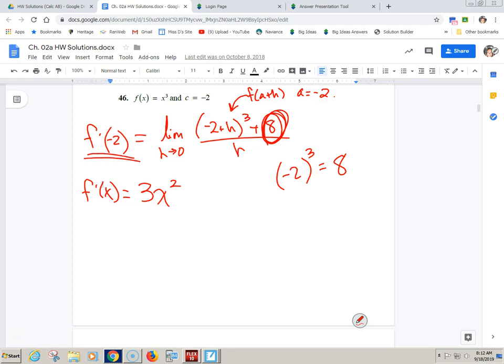If I just need to find this, do I even have to do it this way, cubing a polynomial? No, I can just say that. Plug it in. Which one looks easier? Multiplying this guy by himself 3 times, then simplifying my limit, and then plugging in h is 0, or doing a power rule and saying plug in negative 2.